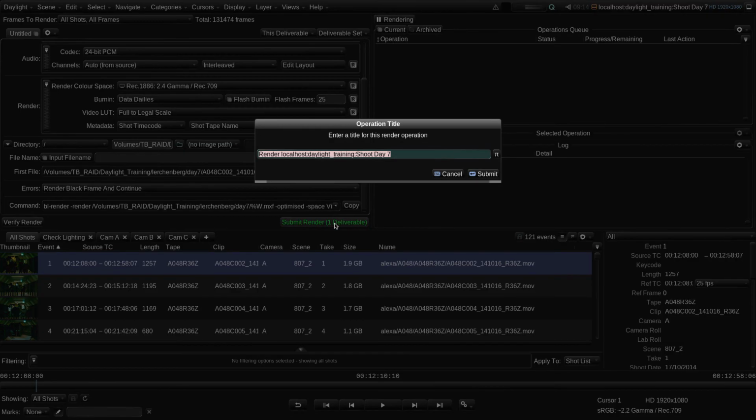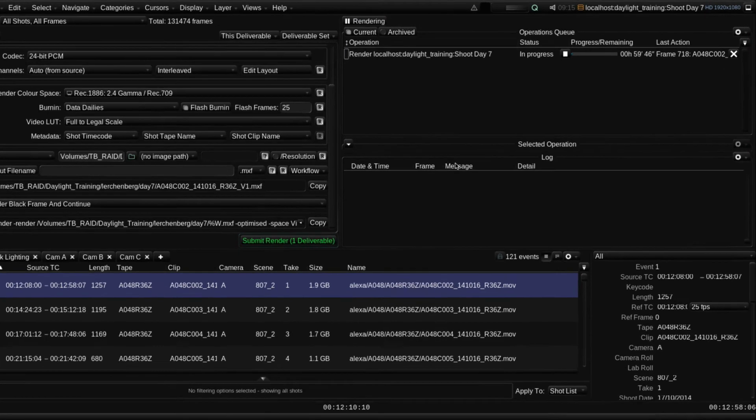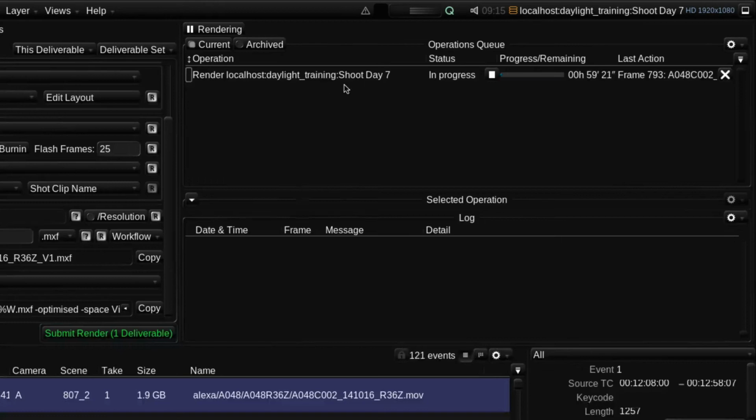The queue requires a name, so we can identify this operation in the list. So I'll just accept the default this time and click the Submit button. The render operation has now been added to the render queue and has been picked up by the render manager on this machine. If I had other networked systems, such as another Daylight, a Baselight system, or a dedicated render node such as the one in a Flux store, then I could have submitted the render to the queue on